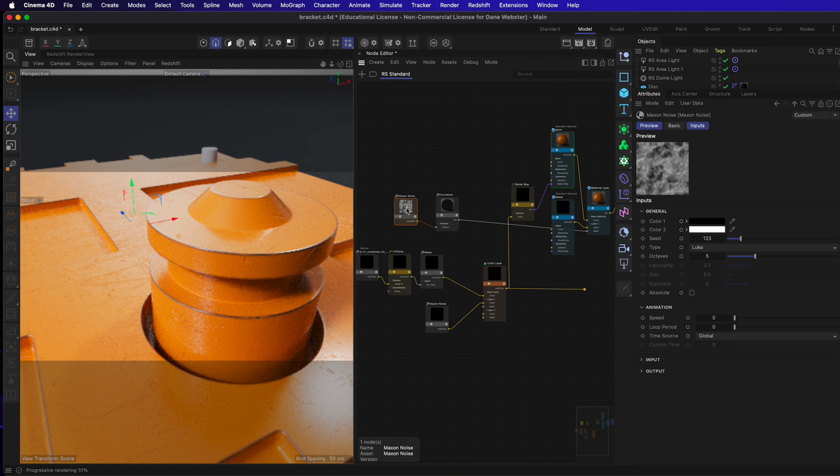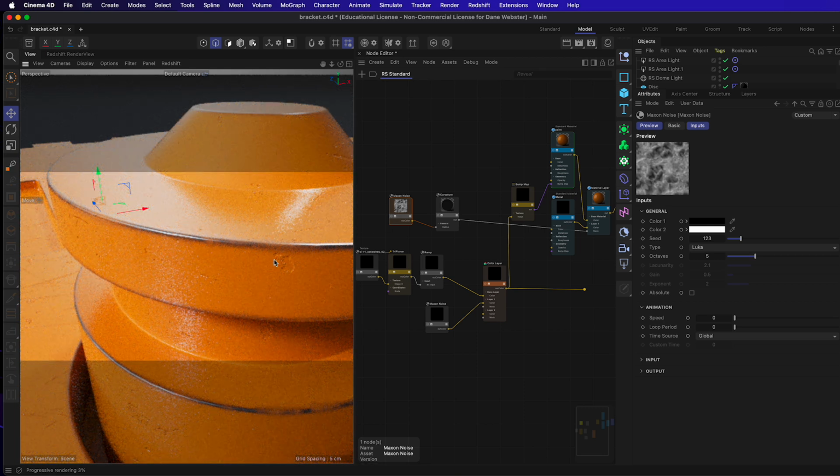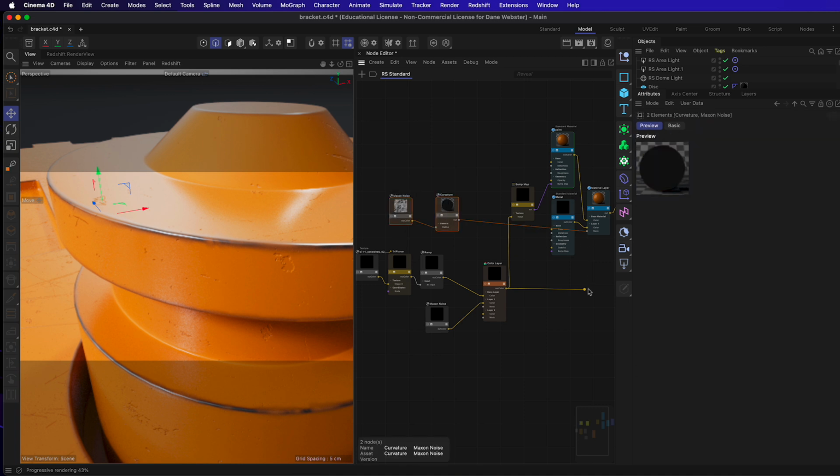There are some other things, and I'm debating whether or not to bring this up. I think I'm just going to leave that for now. That looks pretty good to me. As far as the wear and tear, you can see the little embossing, right, that's happening from the bump material. So that looks pretty good. This is all working just fine and dandy. I'm going to put this one back in there, and I'm going to bring this one down, and I'm going to put it into